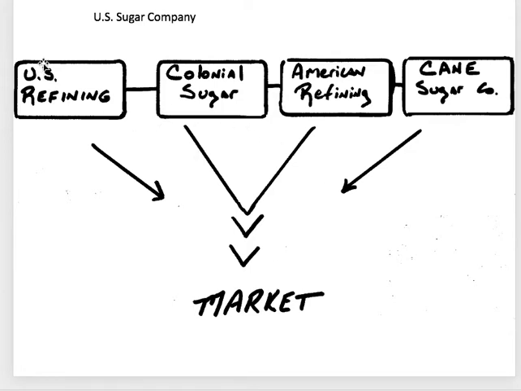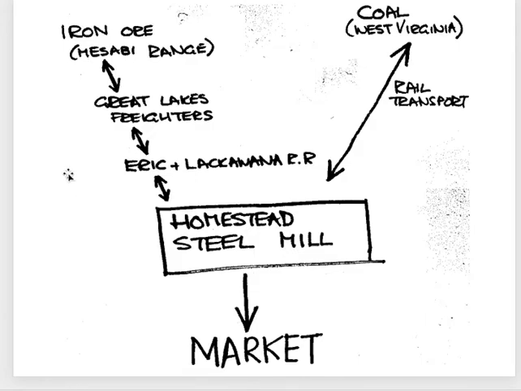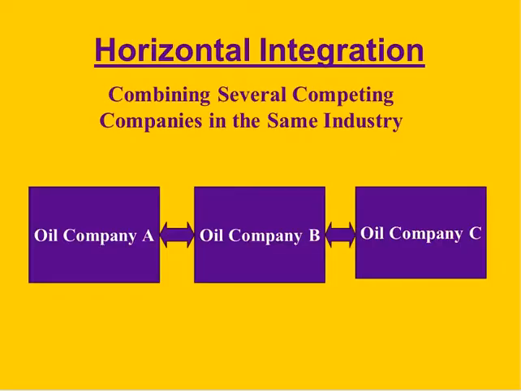is the U.S. Sugar Company essentially emerged as a combination of different companies: U.S. Refining, Colonial Sugar, American Refining, and Cane Sugar. All of these companies combined into one company to sell sugar. It created massive corporations. Now, the other example that we're going to look at, before we get into oil, because it's kind of the key example, is we'll go back and look at steel, right? So this was the example of steel vertically integrating. But if we think of steel,